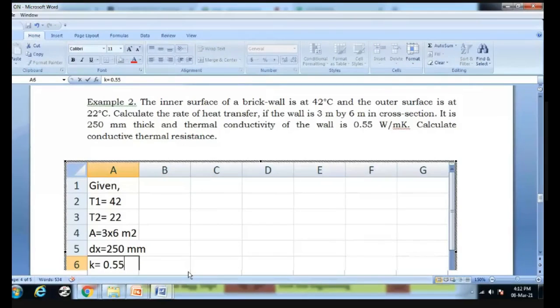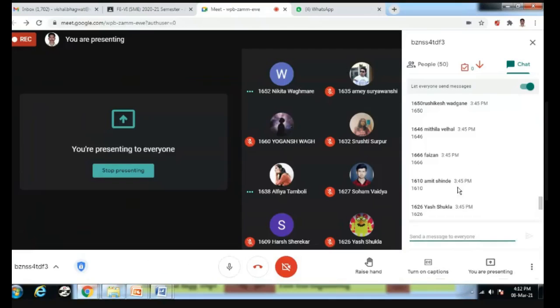So you have to check the thermal coefficient always in conduction or in convection. You just check what is given, watt per meter square degree Celsius or watt per meter square Kelvin or watt per meter Kelvin or watt per meter degree Celsius. So you need to check only degree Celsius or Kelvin there. Once you get it, it's coming.